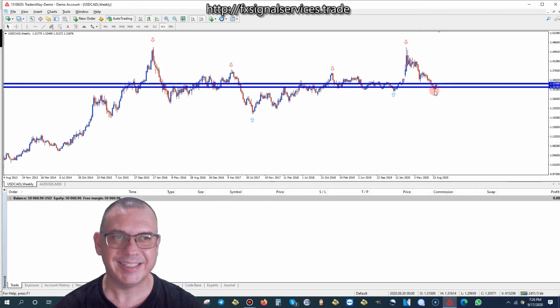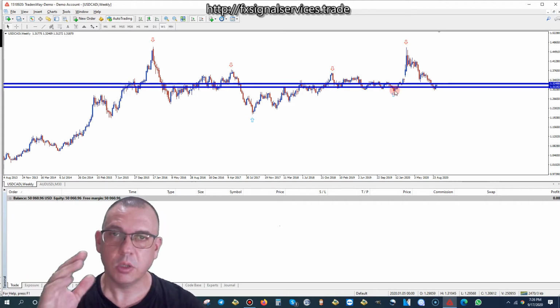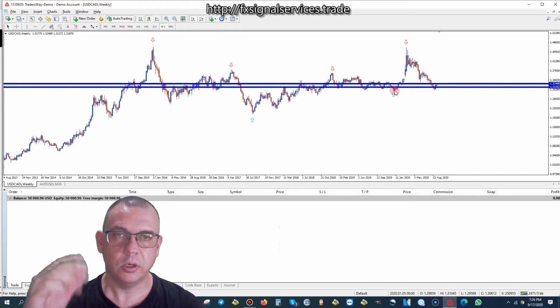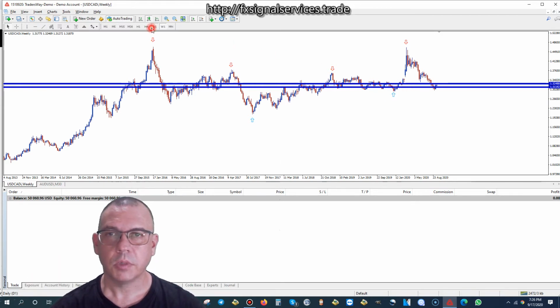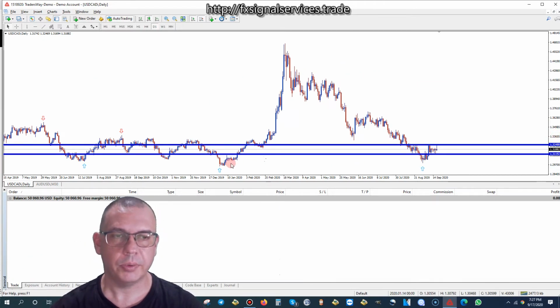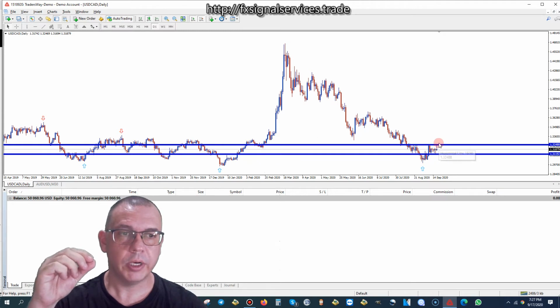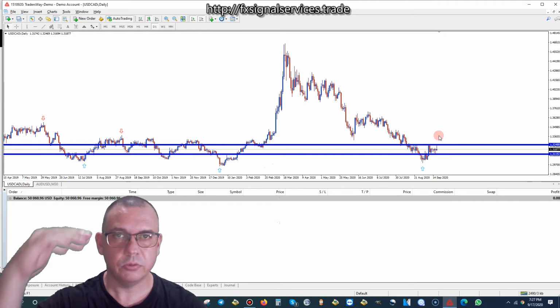Now it's not exactly the same level of support, but it is very close. Okay, so it could drop a little bit more in the form of the blue arrow, but based on what's going on with the US dollar right now, the US dollar is slowly starting to rebound and come back up. So based on the daily chart, I feel like this will definitely be going up long term. So we want to prepare ourselves for this to break up, to break the current resistance on